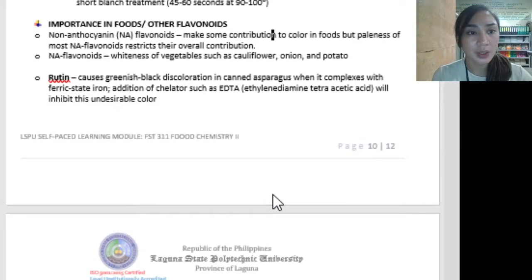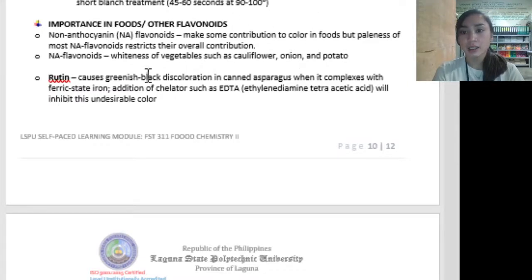Okay, so ano bang importance ng flavonoids sa food, no? Or ito yung mga ibang flavonoids. So meron din tayong non-anthocyanin flavonoids. Ito yung mga nagbibigay ng white color, no? So, we have the anthocyanins which are leaning towards blue pigment, and we have the non-anthocyanin which are the ones that are responsible for the whiteness of vegetables such as cauliflower, onion, potato. No? So, kasama pa rin sila sa